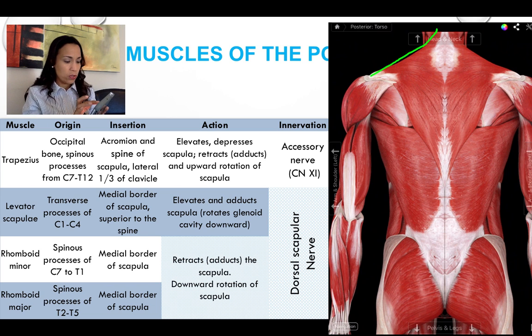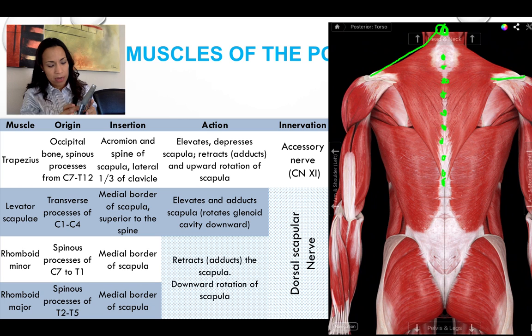So it originates somewhere here in the occipital bone, in the occipital protuberance, and also in the spinous processes of C7, the last cervical vertebra, vertebra prominens, and all the thoracic vertebrae, all the spinous processes, all the way to T12 in here. So you can see that, and the insertion is in the spine of the scapula and acromion and anteriorly to